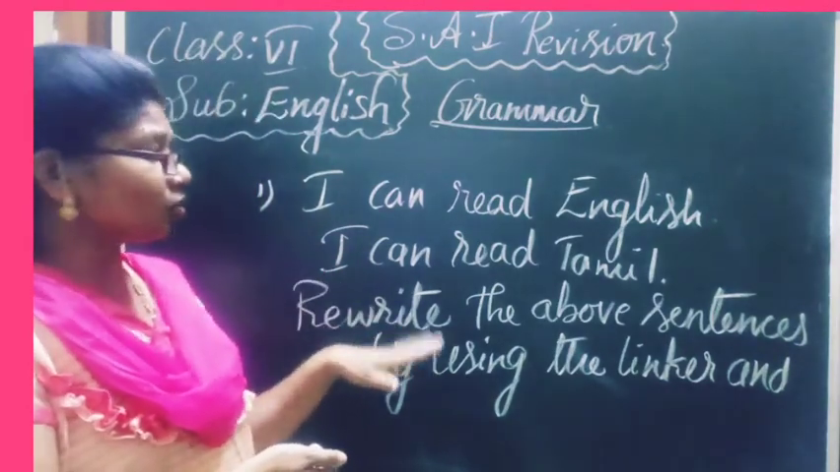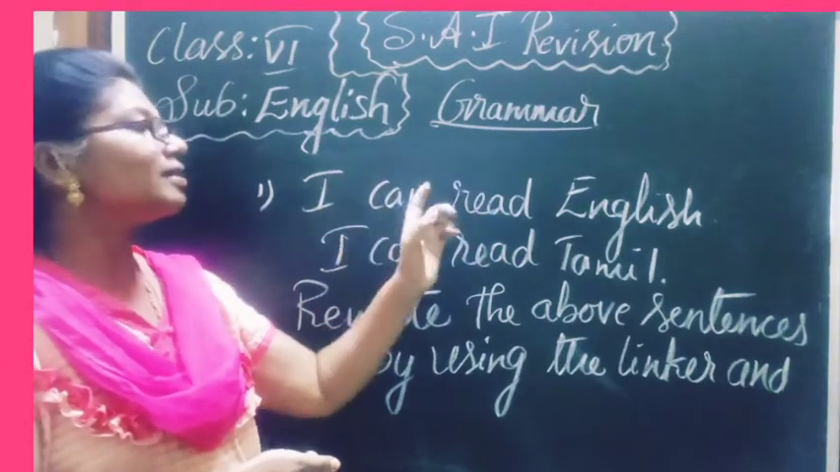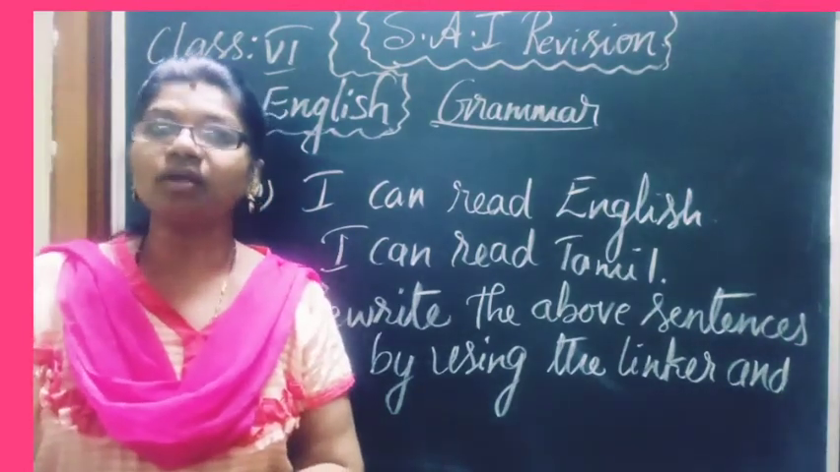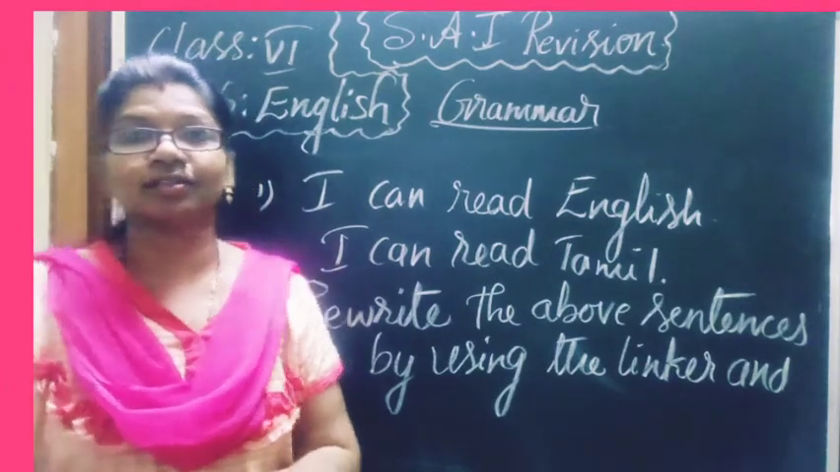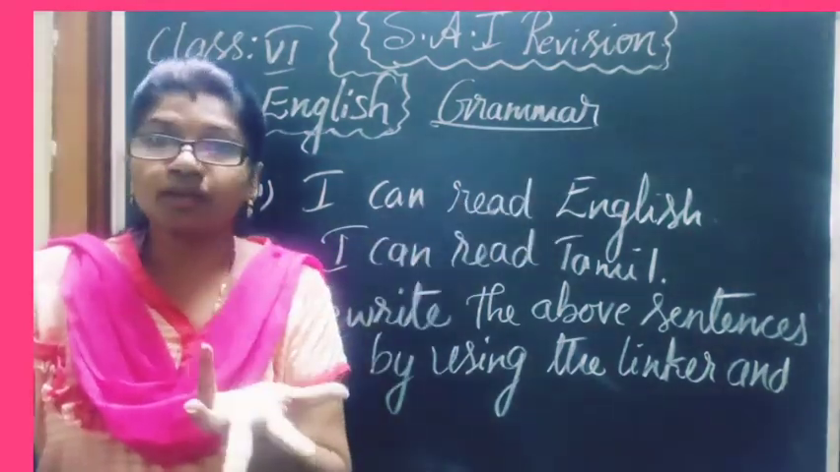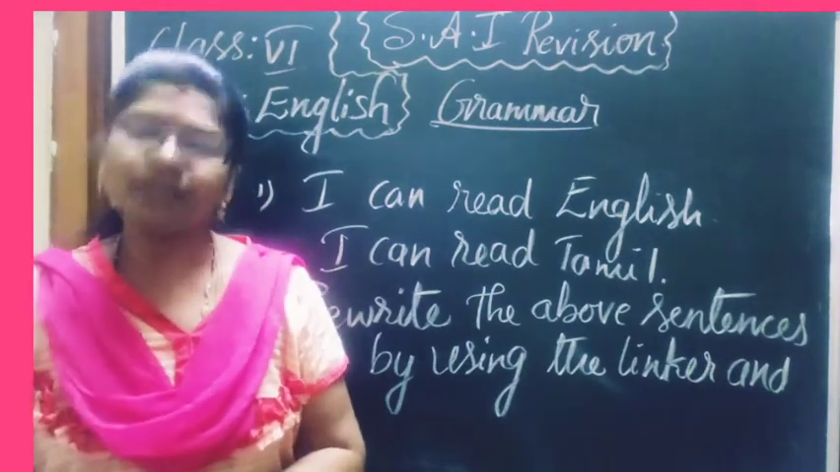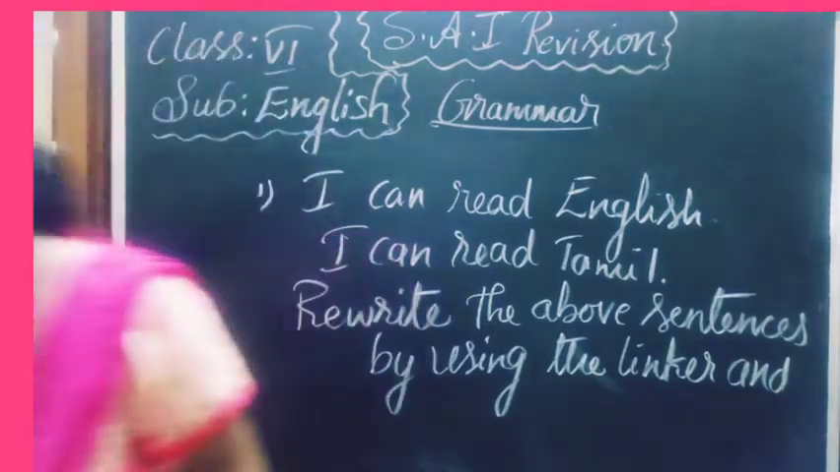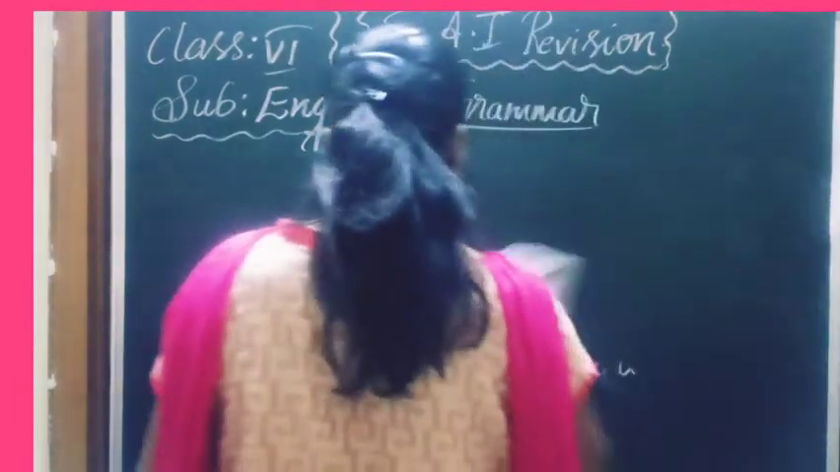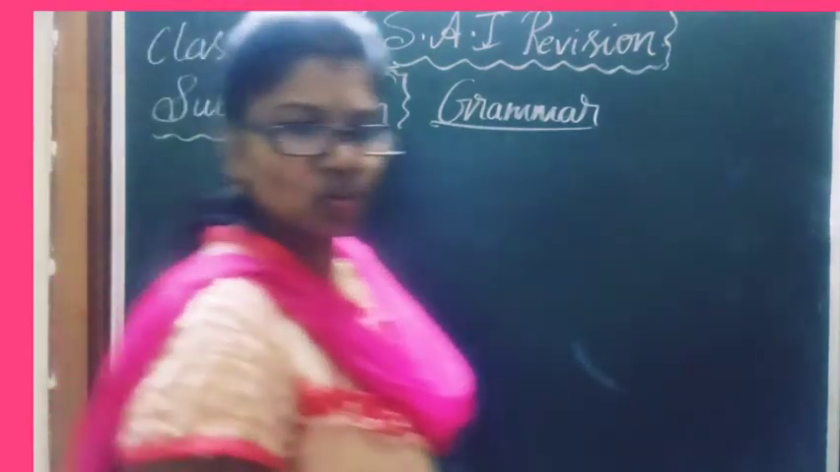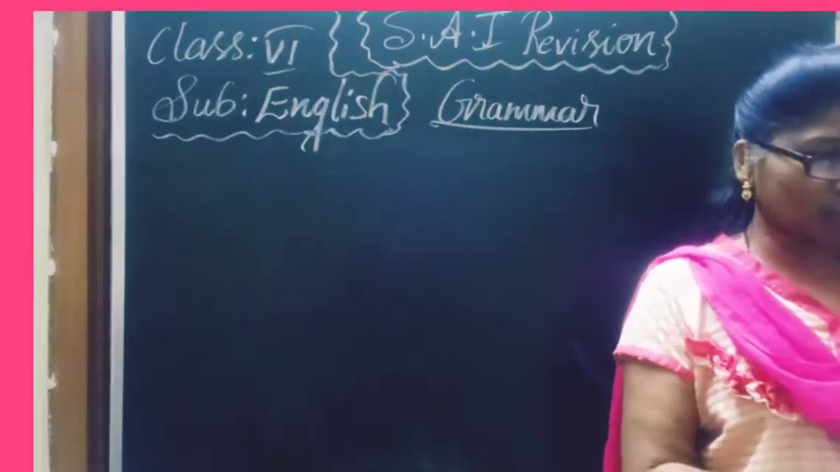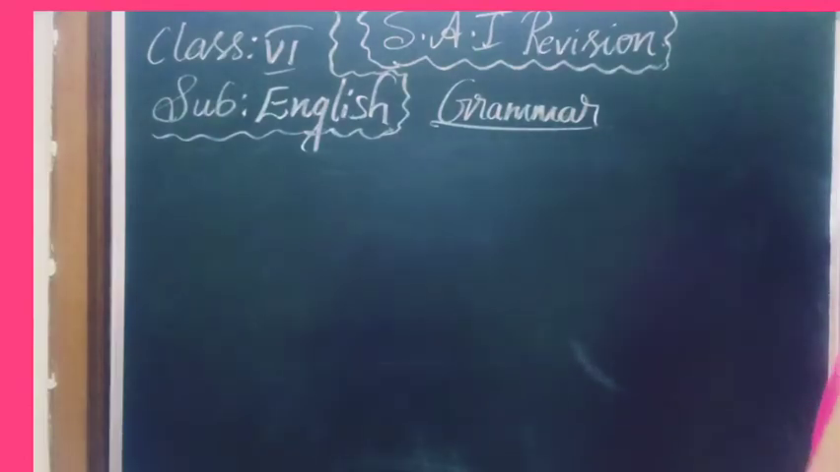Now if I ask you the same question, the same sentences, I can read English, I can read Tamil, rewrite the above sentences by using the linker called not only but also, then how are you going to answer? You should answer, I can read not only English but also Tamil. That's it. I hope you understood now, and you're catching my point very well. And this is very simple, and I don't want to discuss it thoroughly because this topic you have been learning right from your primary classes, right? Now, let's go with the last one. Last question I may ask you, I may ask you a question called